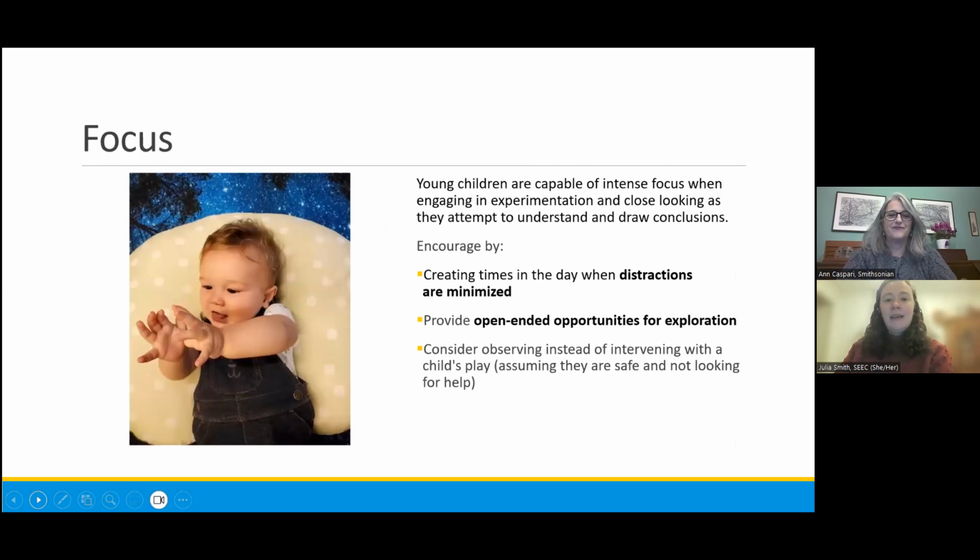Let's see. Focus a little bit of what we talked about with that close looking. When children are really interested in something, they can show some really intense focus in it. We think of children as having very short attention spans, which can sometimes be true, but when they're really interested and curious, they can be extremely focused. And so we can encourage this by trying to create times maybe where distractions are limited. If there's really chaotic parts of the day, maybe trying to carve out parts of the day that feel a little bit calmer, where focus can be uninterrupted,